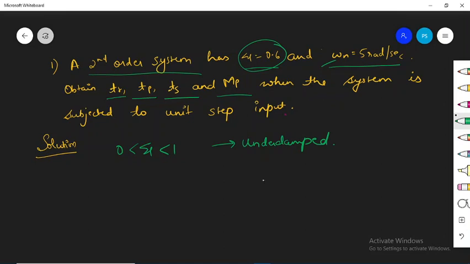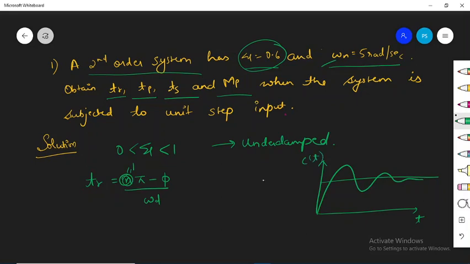Okay, so first of all, I'll write out the formulas that we know for a second order system, and then we are going to see how to substitute these values. The formula for TR, in the previous lecture we had seen, can be written as (n pi minus phi) divided by omega d, but the value of n is kept as 1, because rise time in general is only considered for the first time. If you have the output like this for an underdamped system, this is how you get the output.